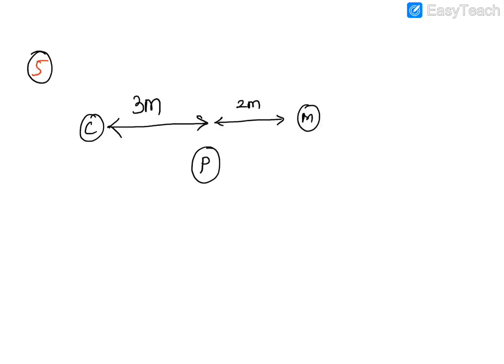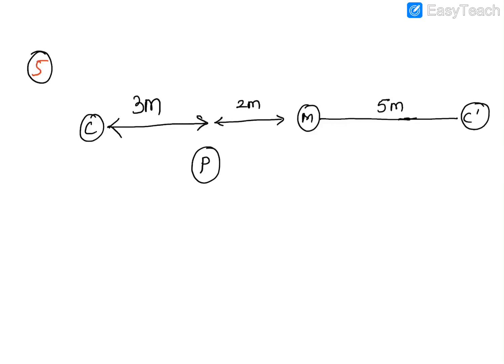Now guys, the question is, where will the image of this chart be formed? First of all, the image of the chart will be formed behind the mirror, right here somewhere. And how much will this be? It will be 5 meters. Correct, because if you look properly, the distance from C to M, that is chart to the mirror, is 5 meters. So the image distance from mirror will also be what? 5 meters.